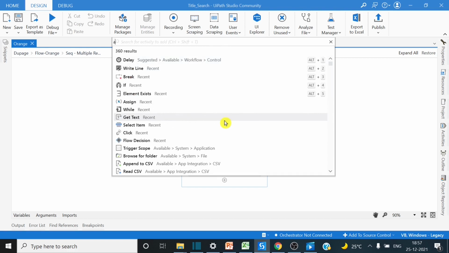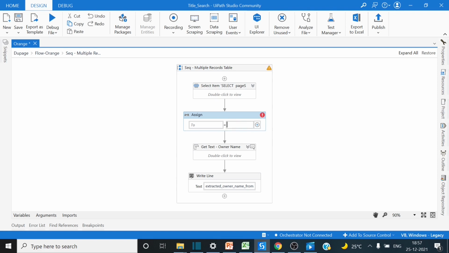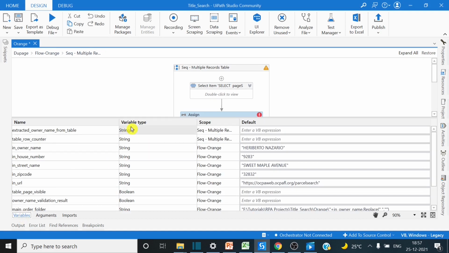assign, and then do control. This side we will come, and then we will do control K, table row counter, and then let's go to the variable panel, and for table row counter, we have to set this as integer. Okay,